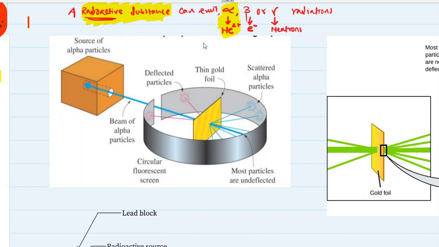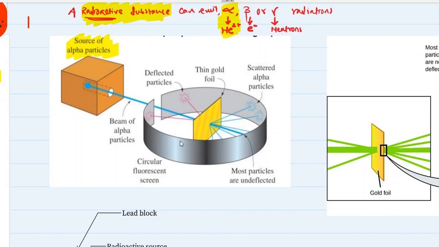Now you know what alpha particles are. So we are interested in a radioactive substance which can emit alpha particles. Somehow this gun was made, this source of alpha particles was created, and through this source, a ray or a stream of alpha particles was directed towards a thin gold foil. Can you see the thin gold foil? Very thin gold foil. It was kept like this vertically,